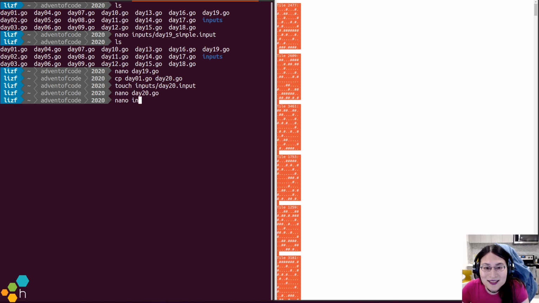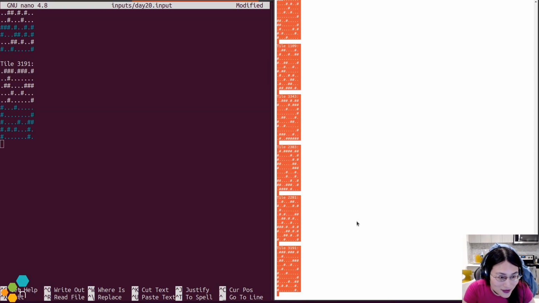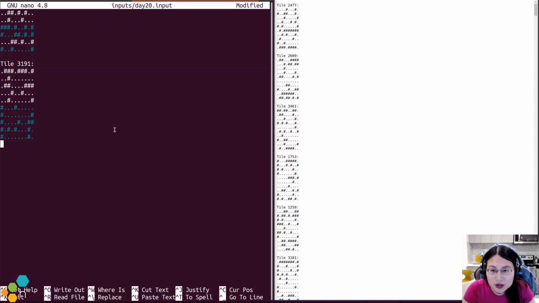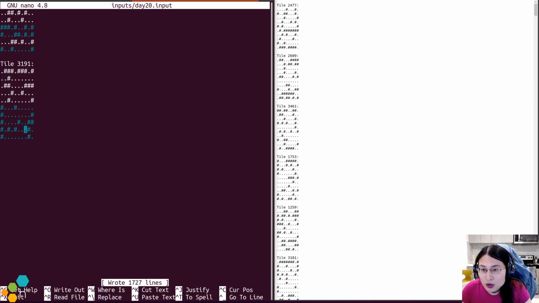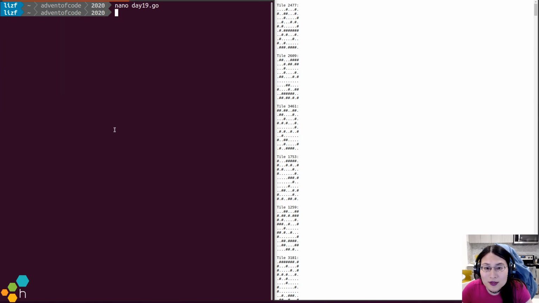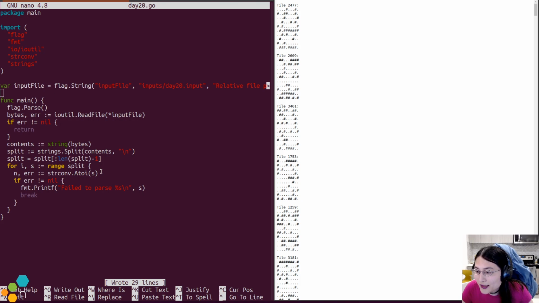All right. So let's paste my input here and make sure indeed that it ends in 3191, which it does. So we need some kind of way to encode each tile. And I'm noticing that these are 10. So we essentially can use a bit mask to record what the edge of each tile is, which will help us. Okay, cool. So let's go ahead and take a quick gander at this.